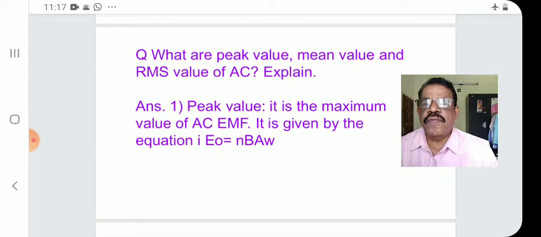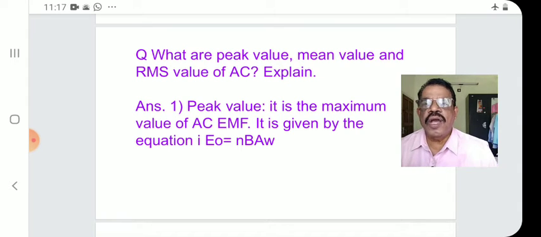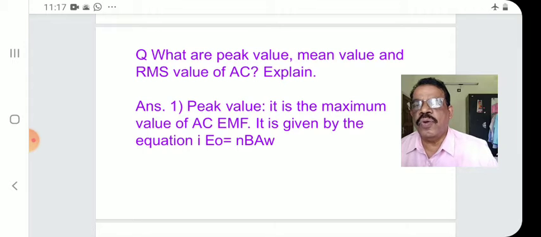In the last lecture we have seen that E is E0 sin omega t. E is called the instantaneous value, E0 is the peak value and omega t is the phase. Other than the instantaneous value and peak value, there are values for AC such as peak value, mean value and RMS value. What is peak value? Peak value is the maximum value of AC EMF, alternating current EMF, or simply alternating EMF. It is given by the equation